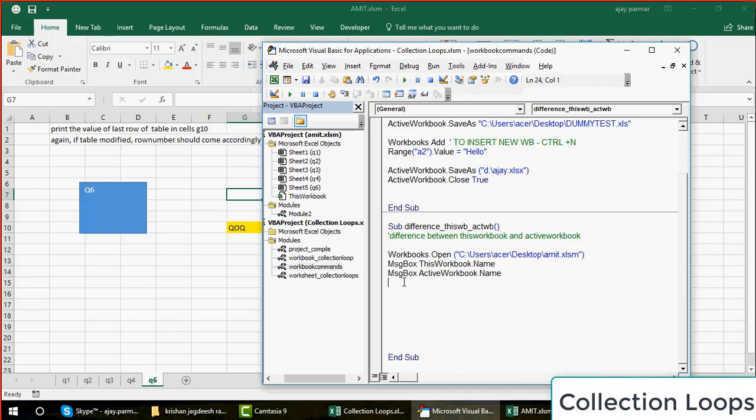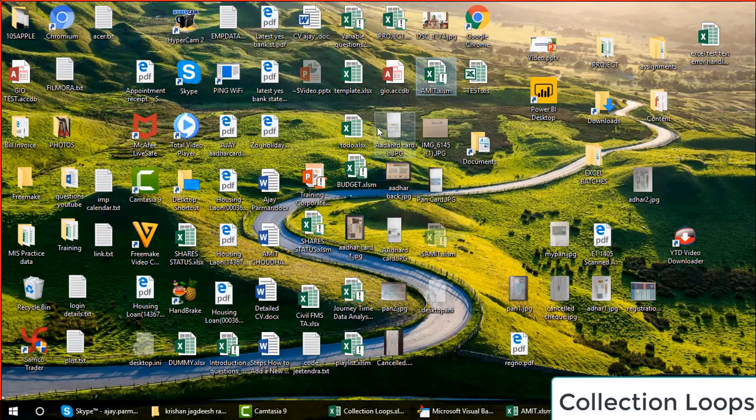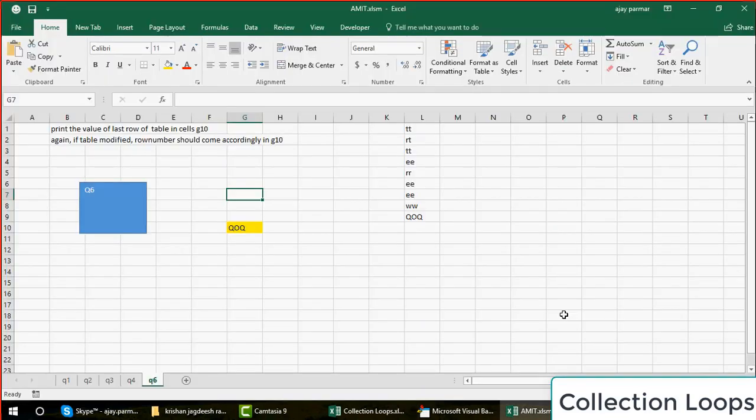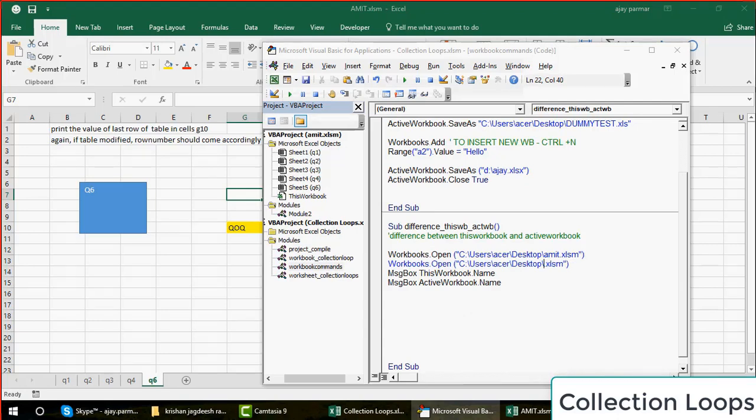So that means if I open these two workbooks, now I'm going to open one more workbook, let's say maybe template. Now you have 3 workbooks open, and the name, or maybe variable. Let me write the variable file. So I go and open these 2 files, and then I get the message box, let's say here, right?